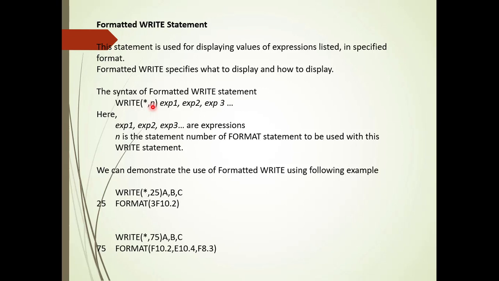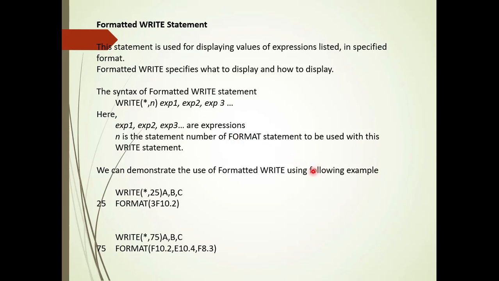Here star comma n is there, exp1 exp2 exp3. Here exp1 exp2 exp3 are the expressions.